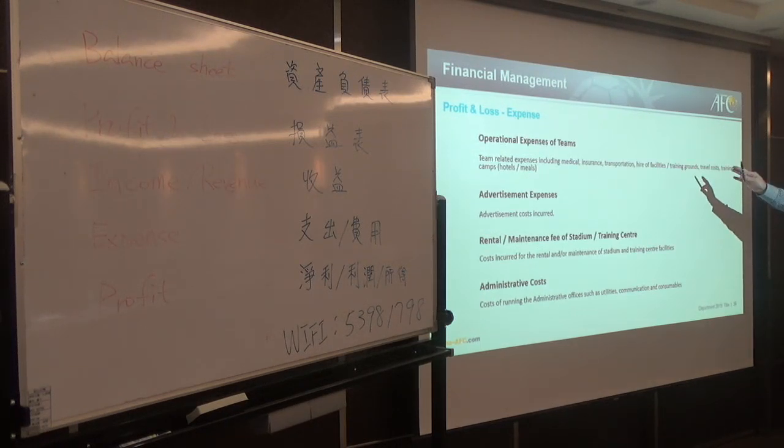And we have the operational costs for the team, so that's including their medical, insurance, the transport to games, the hiring of facilities and training grounds and training camps. 好，那再来的话就是你营业项目的支出，那这些包含你的劳健保啊，然后你的交通，然后你的可能吃饭啊这些等等，然后像移动的费用都在这里。Then we have advertisement costs, so any costs that the club has incurred to advertise games or for the club in general. 那再下来的话就是广告支出，也就是如果有买广告啊，它放在这边。